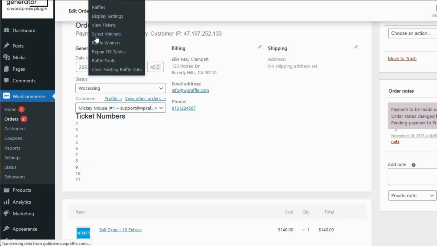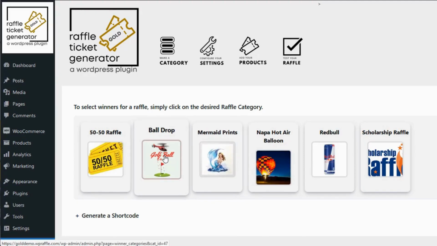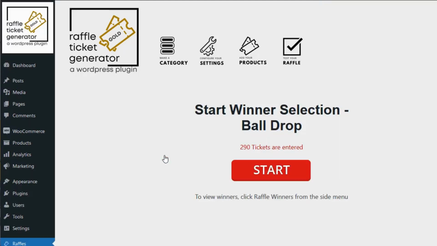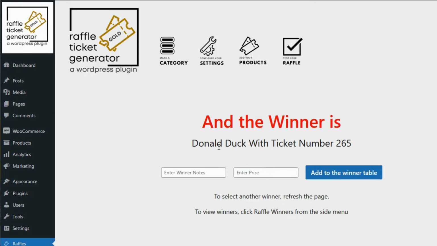You have a couple different options of selecting the winners. You can go from the back end and select your raffle. It'll show how many tickets are entered. Click start. It'll start shuffling randomly. You hit stop. Randomly, okay, so Donald Duck won with ticket number 265. You can make a note,